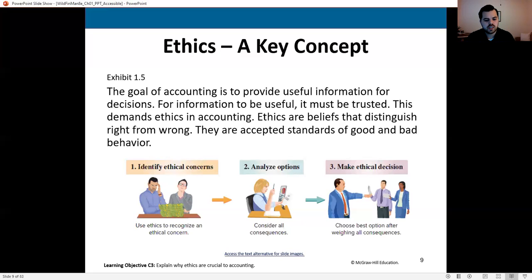The other option is the perhaps a better option, which is to say no, right? Even though it means I'm not getting the bonus, even though everyone may be kind of upset with me in the office, this is the correct decision because the accounting rules that we'll discuss more in depth in chapter 2 and even a little bit in this chapter are going to tell us we cannot recognize a sale until it is completed, right? Until we've earned that revenue. And in this case, we will not have earned it until the next year. So therefore, I cannot book that revenue in the current period. So we see that coming through.